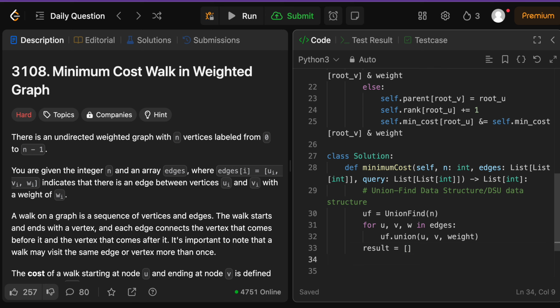And once we get that, now let's initialize our result. And this result is effectively what we're going to be returning. And now let's answer the queries. So for every s and t, that is vertices s and t